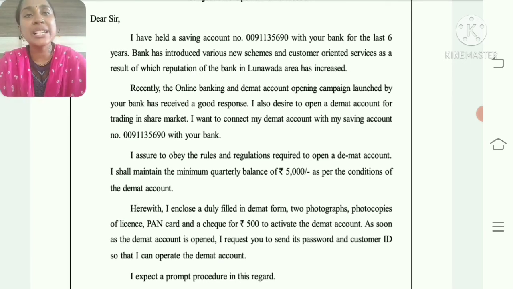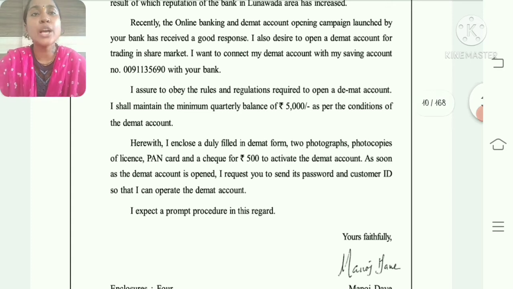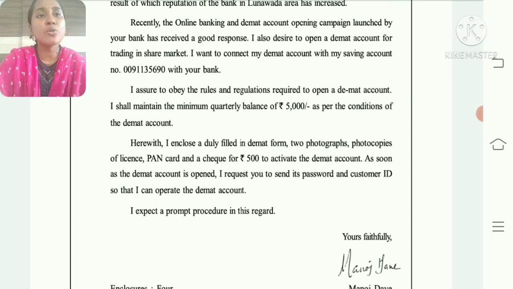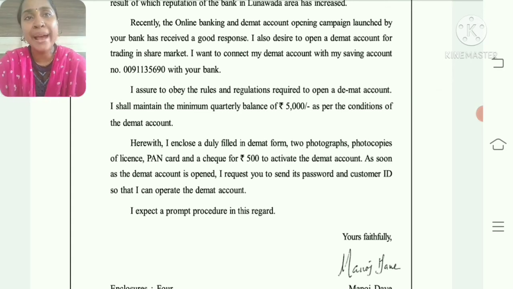So now what is the next paragraph? Recently, the online banking and the demat account opening campaign launched by your bank has received a good response. I also desire to open a demat account for trading in the share market. I want to connect my demat account with my saving account number